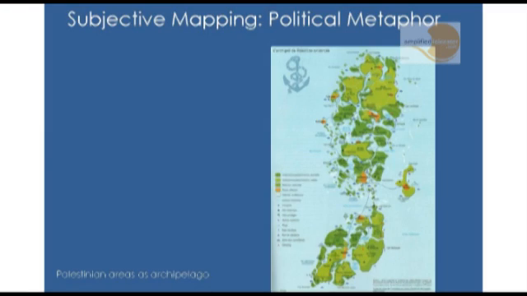Here's another political map. This is called the Palestinian Archipelago, and it's a kind of critical comment on the way that Israel has divided the occupied territories, so that they've become islands to those people that live on them. So a very powerful kind of political map, but also reflecting the fact that if you live in one of these patches, to get to another one is incredibly difficult, as hard as crossing the water.